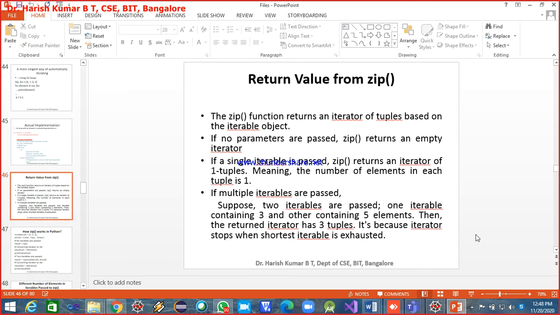Now, return value from zip. I think I had completed this also. I told you for the zip function, you can pass zero or more iterators. When you don't pass any parameters, that is, if you're not passing any iterators to the zip function, it returns an empty iterator. Similarly, if you're passing only one iterable to the zip function, it returns only one tuple. And if you're passing more than one,